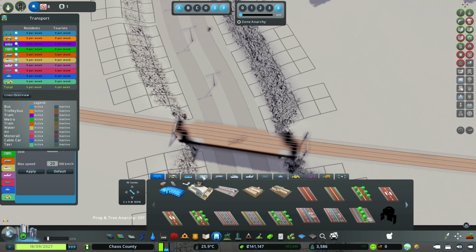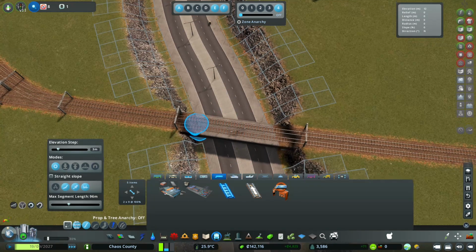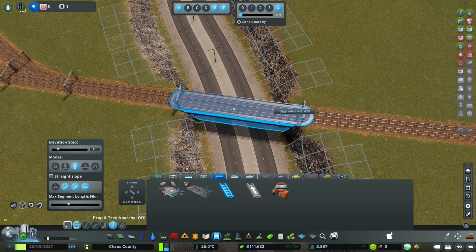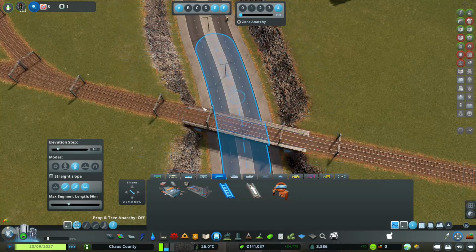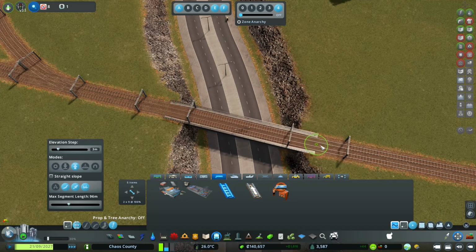If I go to the rail section here, and I just want, that's metro, right? Train line? Okay, interesting. Let's quickly upgrade this to be a bridge section. Right through there. I believe that's okay. What I can, however, do is just pull these back a little bit so the bridge extends a little bit to both sides. Oh, I see if we've got a bit of a...